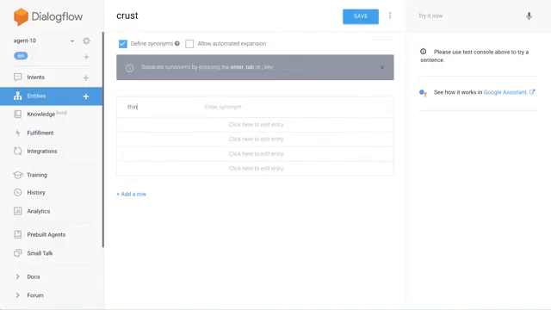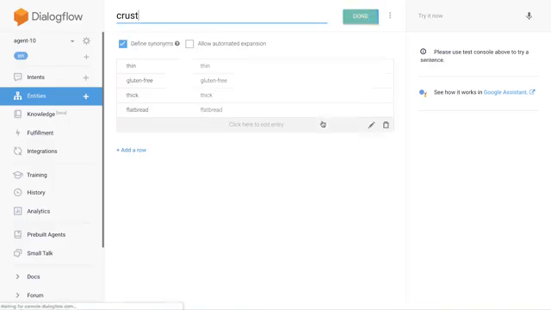So let's say we enter a thin crust option, maybe a gluten-free, a thick crust, or a flatbread. We save that entity.